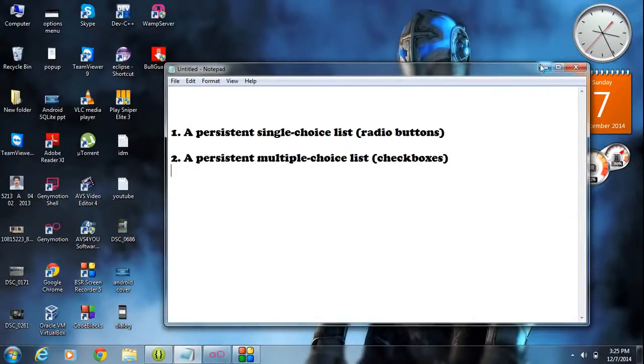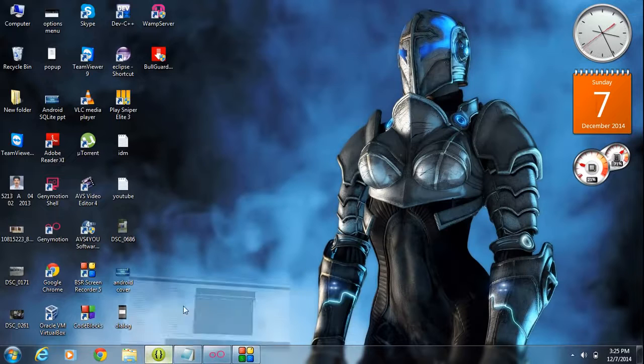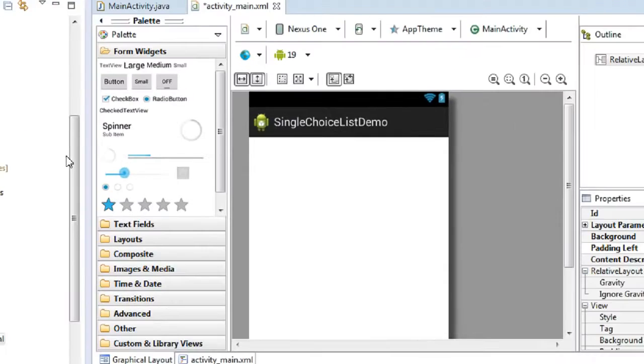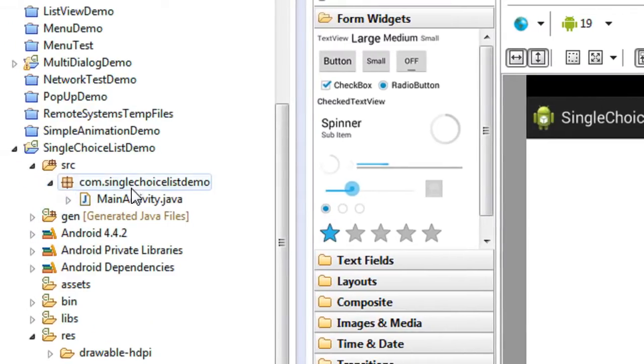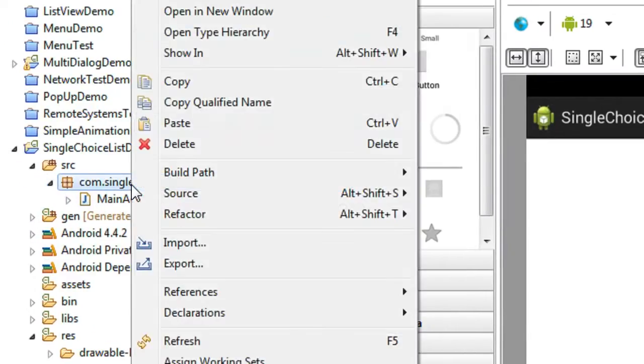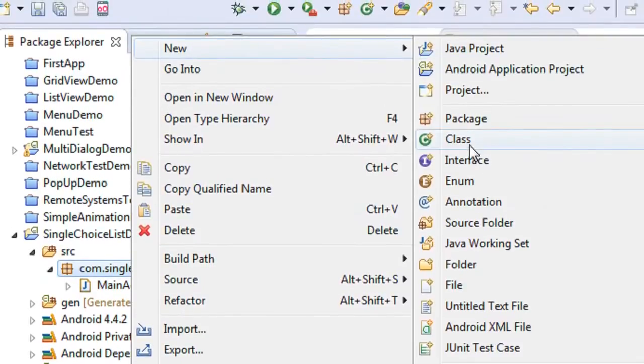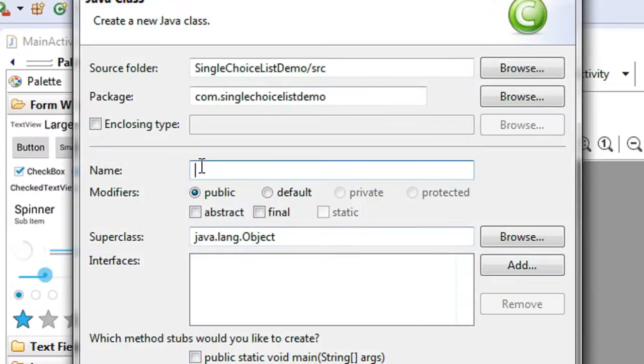So start a new project in Eclipse. For creating the dialog, here on the package I am going to create a new class. So select the new class option and I name the class as single choice class